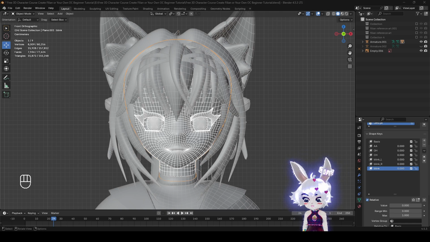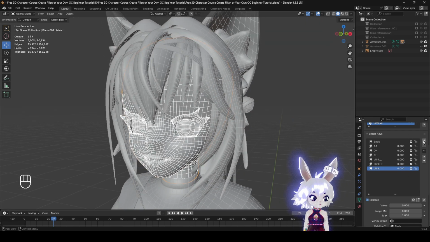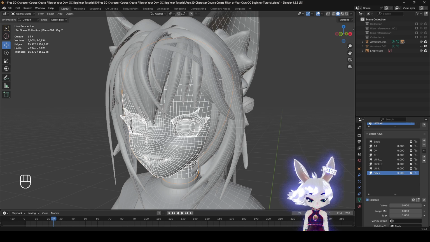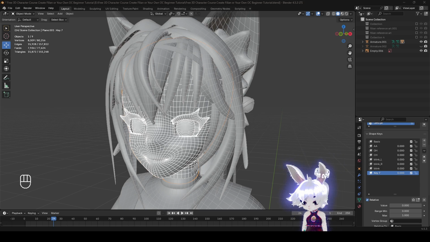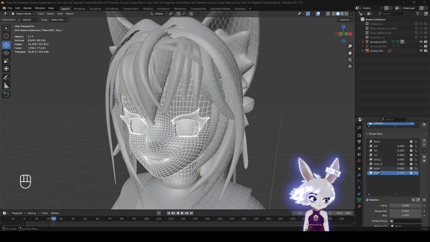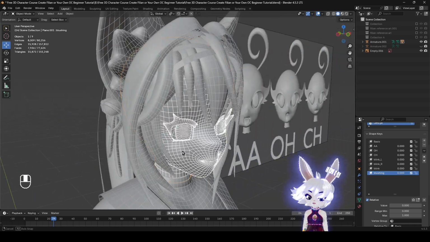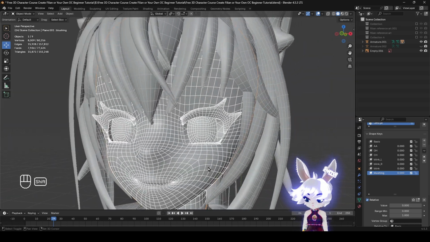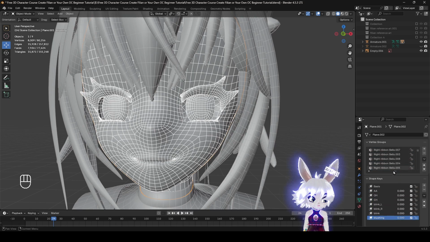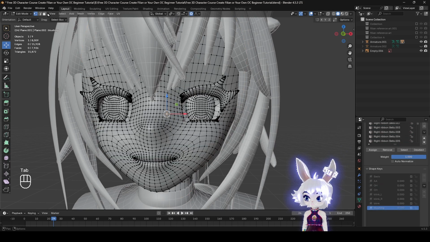If you want actual stuff popping off the character, you have to add more geometry. So I guess I can show you how to add a few. I'm going to do new. There are so many words we can call it. Probably do blush first. Now if you want to actually add blushing, we have to add more geometry. So I'm just going to do it the lazy way. I'm going to select my mesh, and